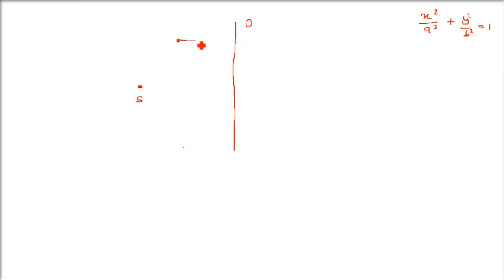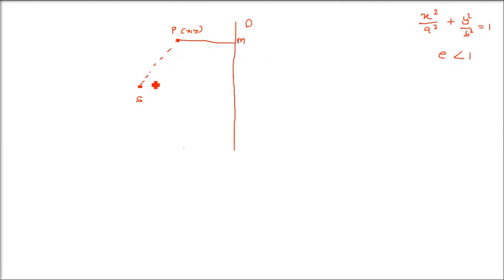Okay. So now this is a point. The distance of this point from this line and the distance of this very point from the focus S, let us call this moving point P. So we have to find out the ratio. And we are calling it e, eccentricity, which is less than 1 in this case.